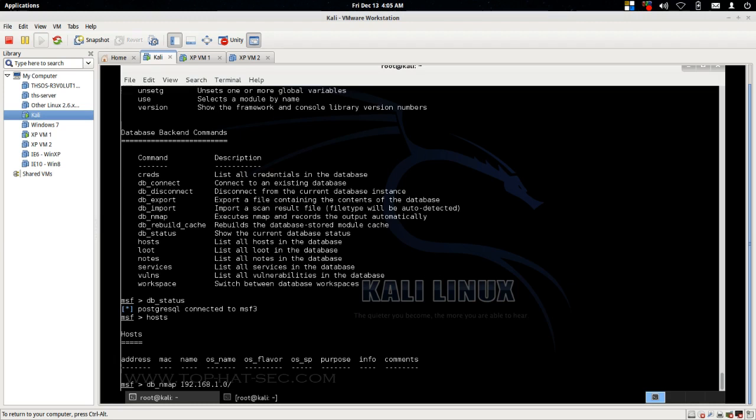We can do a -16 or we can do a -24, and we're going to use the -24, and that's going to scan just this subnet. It's going to scan from the range of 0 all the way to 255. And there's all kinds of other commands that we can add in here, but I'm going to do a